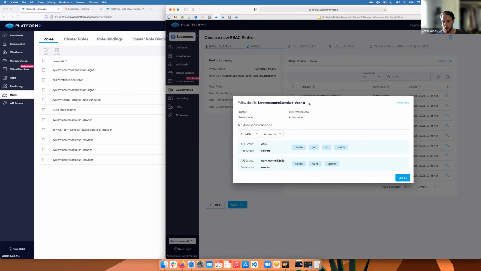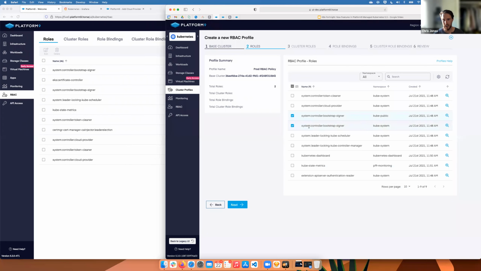Now, we made a decision here to not allow editing. RBAC profiles and RBAC policies can get quite complicated, and we wanted to split the create step and the edit step into two very distinct things, and that's why we have that draft state. So you can view all these policies, and you can say, all right, I like all these system ones. I know they want all of them in there, and I want Kubernetes dashboard. Next,